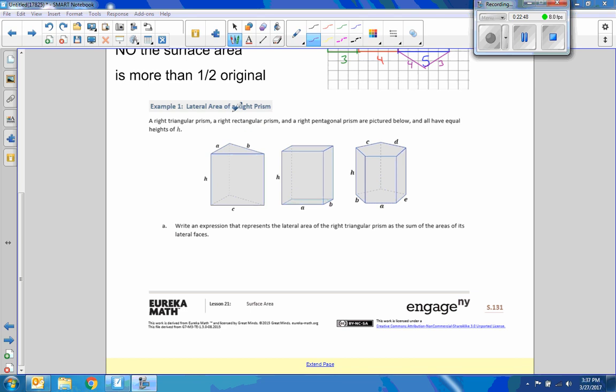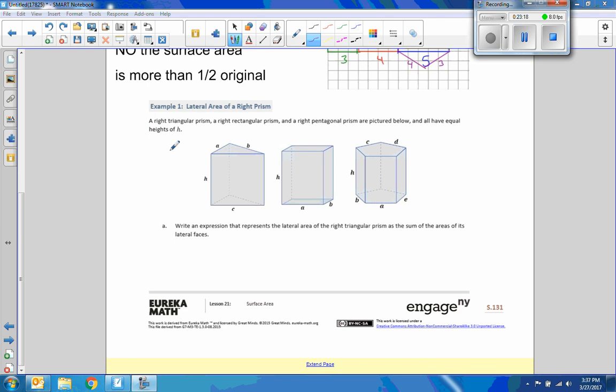Okay, now example 1, lateral area of a right prism. So now we have a triangular prism, a rectangular prism, and a 6-sided figure, a hexagonal prism. Hexagon, that's 6. That's a pentagon. Pentagon, 1, 2, 3, 4, 5. That's a pentagonal prism. All right, so anyhow, they're talking about,